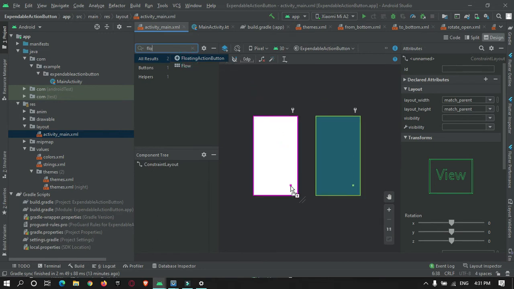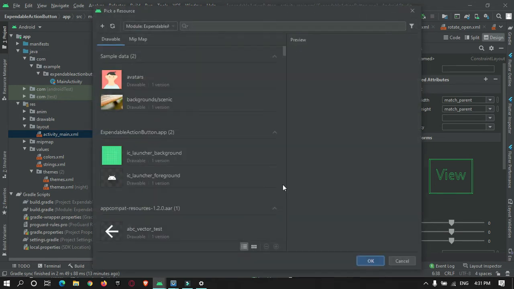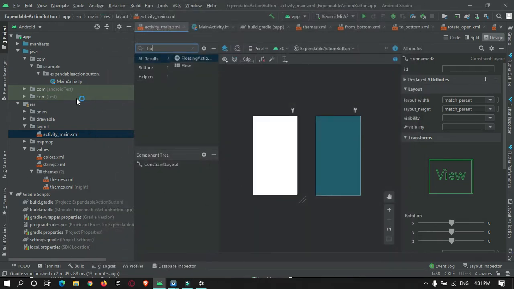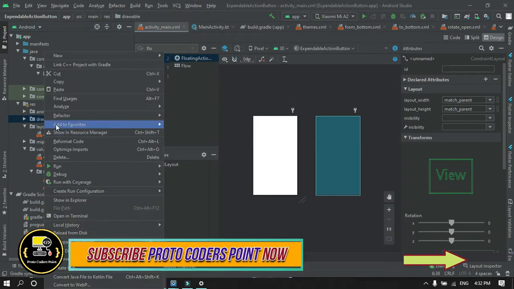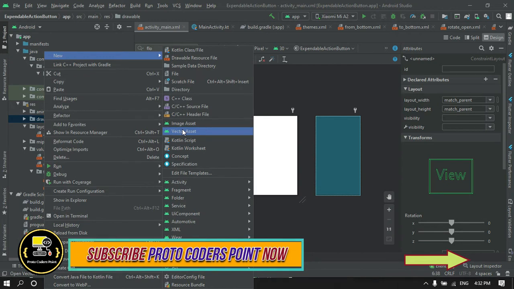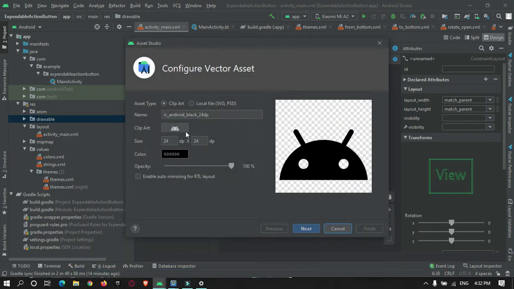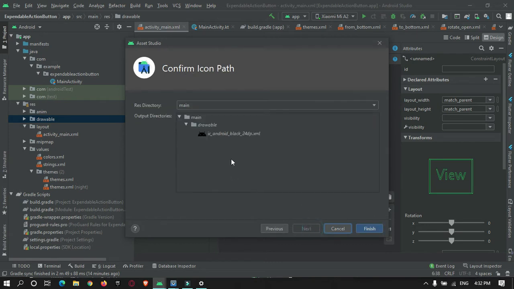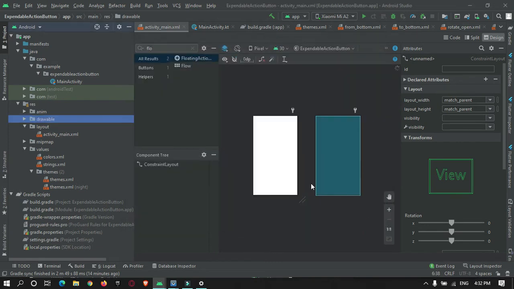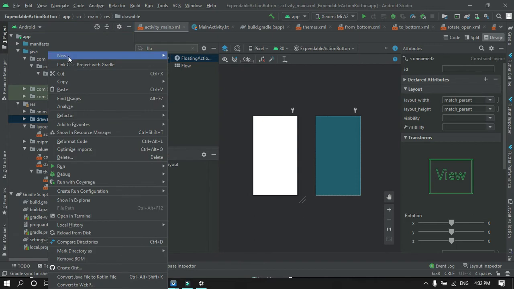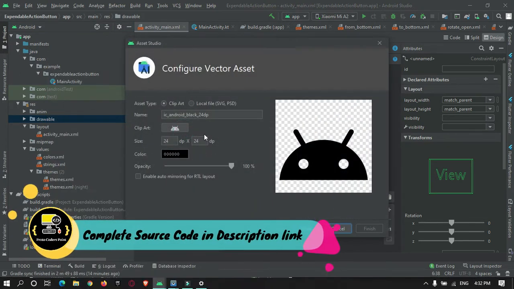Just drag and drop it over here. Okay, so we also need to create an icon for it. First of all we will create it. In the drawable folder, create 3 vector images for 3 buttons. The first button will be the same thing, the Android logo. And the second vector image I can give as